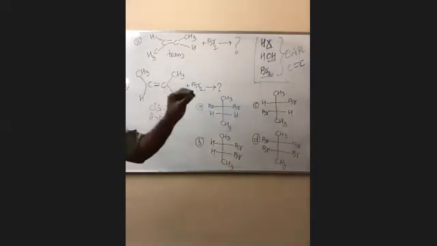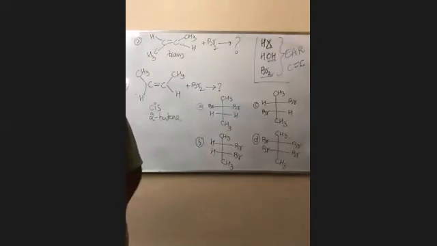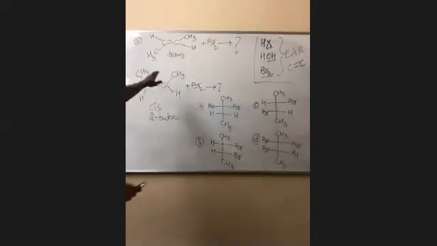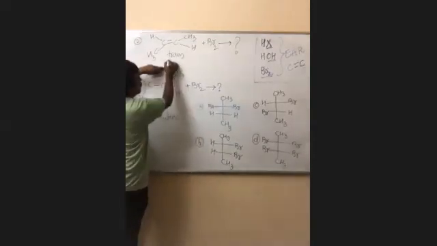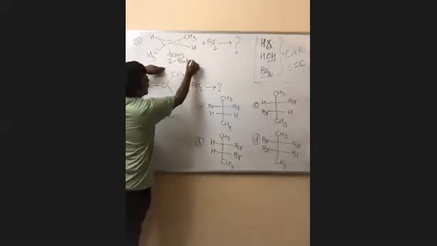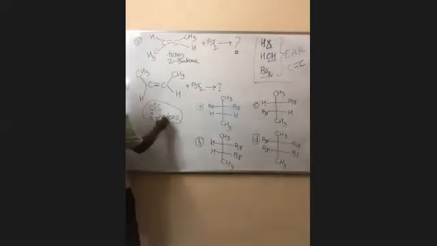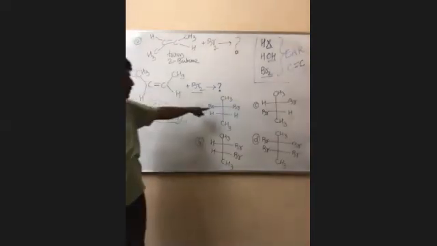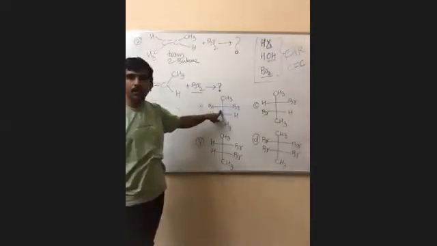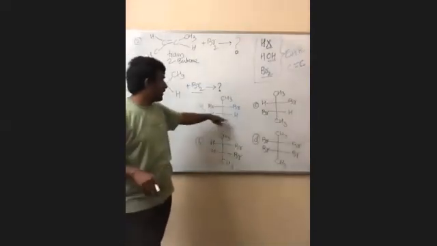This type of questions they will ask in advanced level and KVPY questions. These are some of the KVPY model questions. Is it clear to you? Trans 2-butene reacts with bromine, what is the product? Or cis 2-butene reacts with bromine, what is the product? This is cis, but this is a Fischer projection. In the options there will be Fischer projections. This is Fischer type. Is it clear?